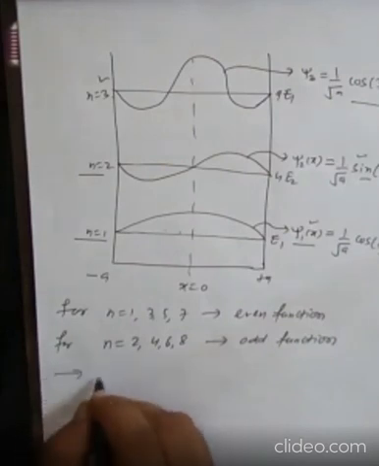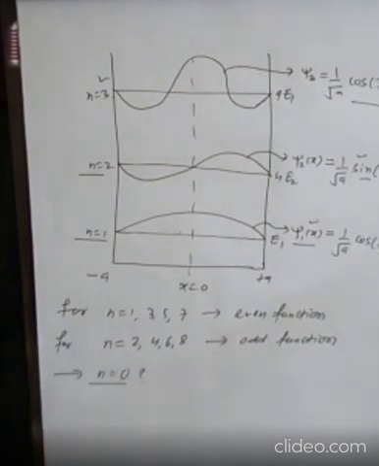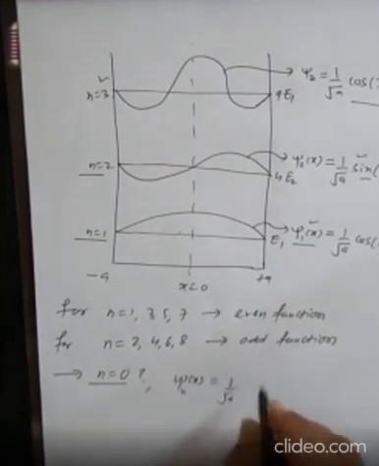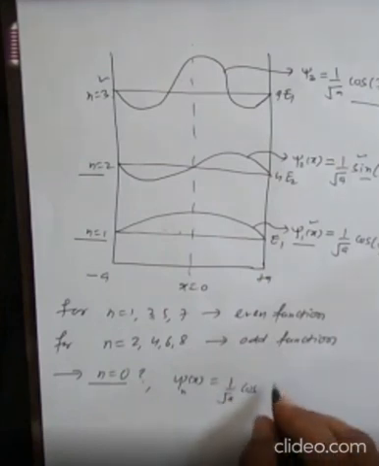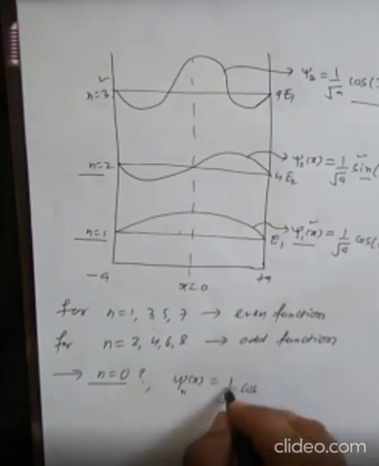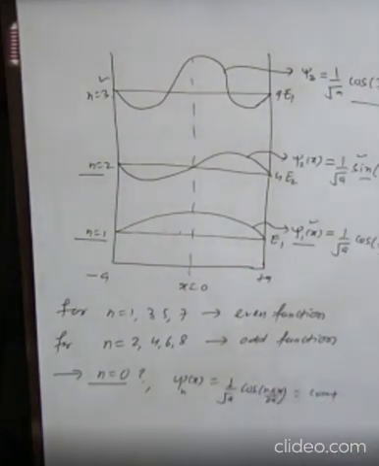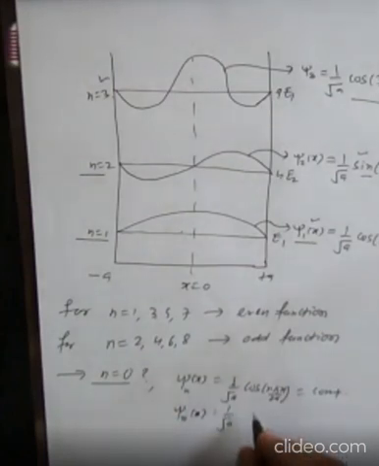Now again the question is here, why are we not taking n equal to 0? Because if I consider n equal to 0, then the wave function, if I take both solutions, even or odd solution, then I will get a constant wave function, and then this will be 0. Okay, so